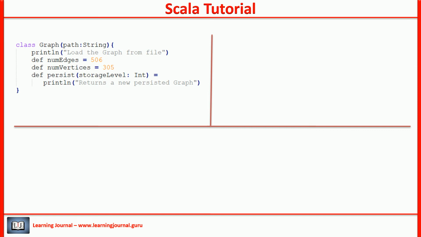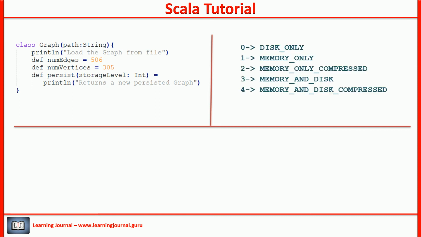This example takes inspiration from Spark libraries, and hence the persist method offers 5 different options. You can specify those options using the storage level parameter. The parameter is primarily an integer type ranging from 0 to 4. However, I wanted to give them a meaningful name. The most appropriate method is to define a set of static values for each option.